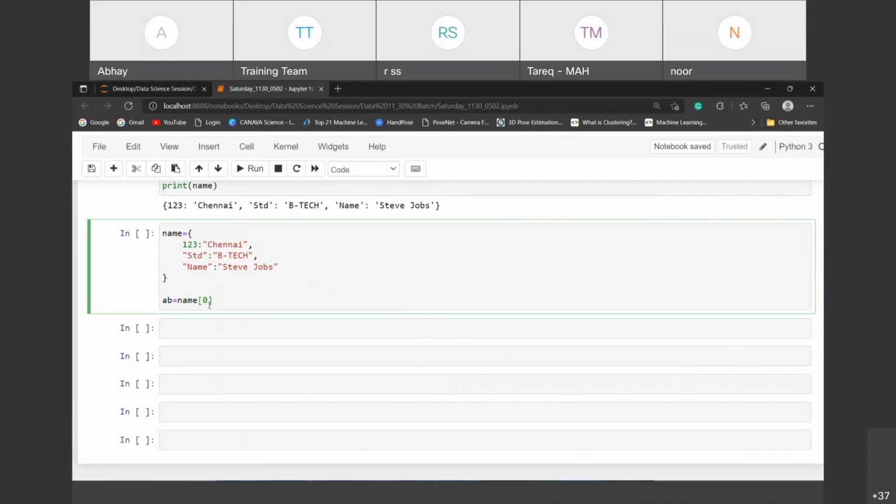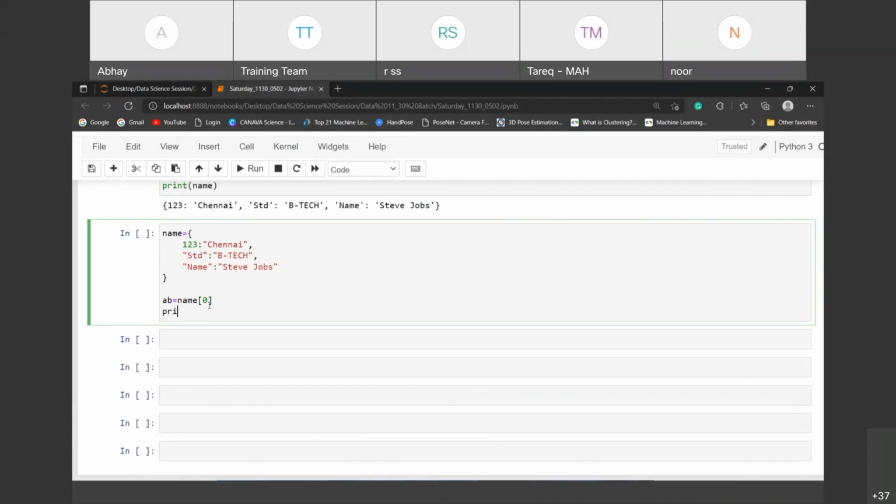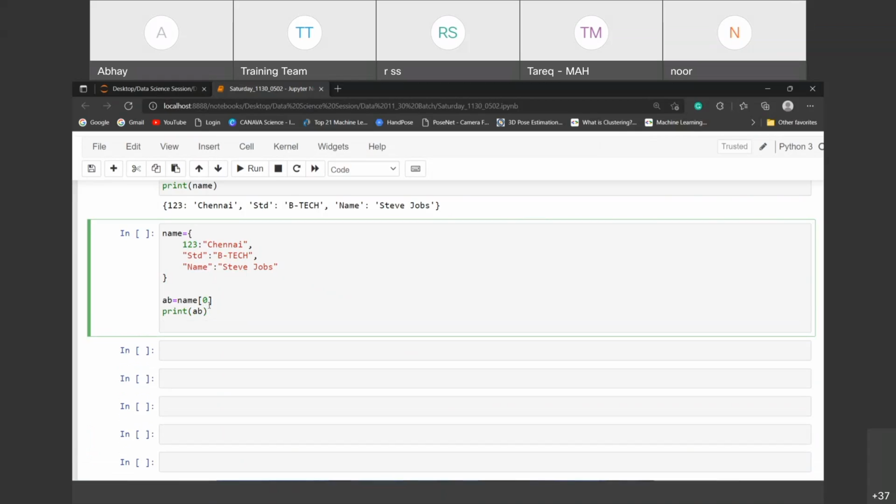I'm passing 0. Is it working? What do you think? Is it workable? Accessing is going on, no? That is why I'm just asking you.